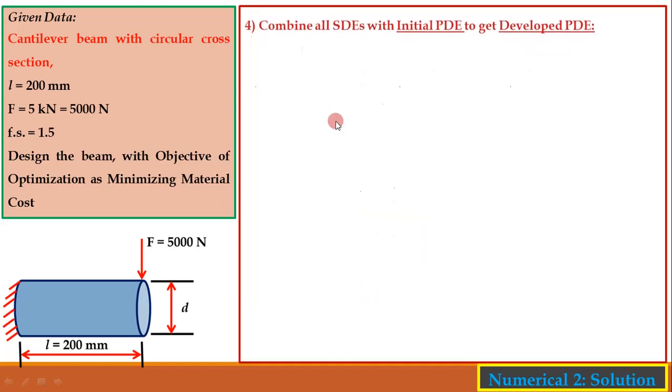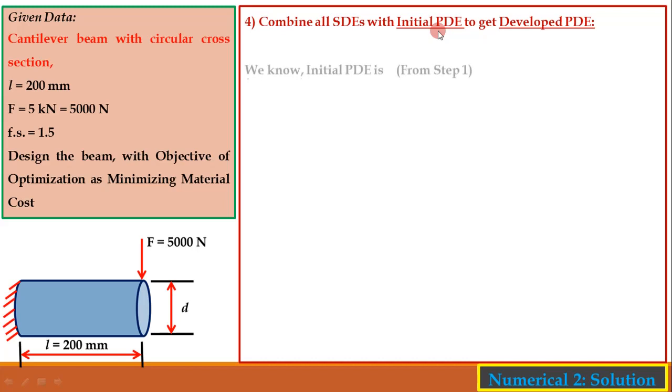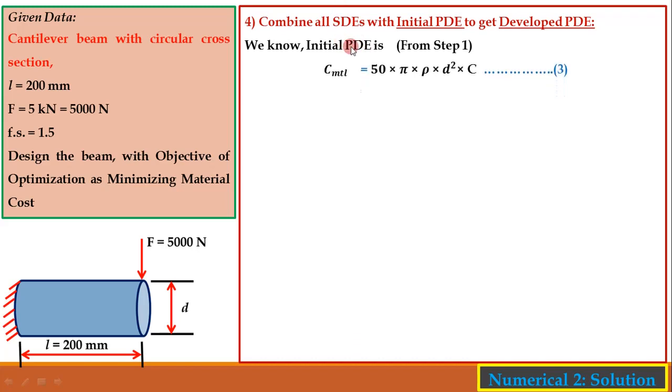Now the fourth step. Here on this step, a very important part of this numerical begins. In step number 4, we have to combine all SDEs with the initial PDE. The initial PDE we obtained in step number 1, and the SDE we can get from step number 2. We have already seen the equation of the initial PDE, which represents the material cost,